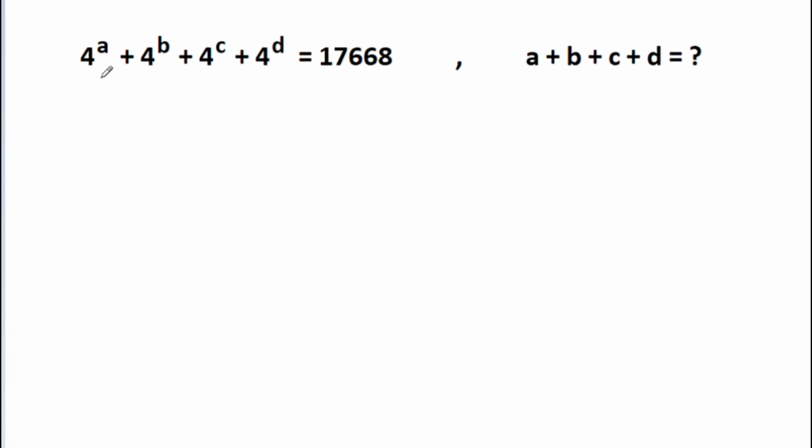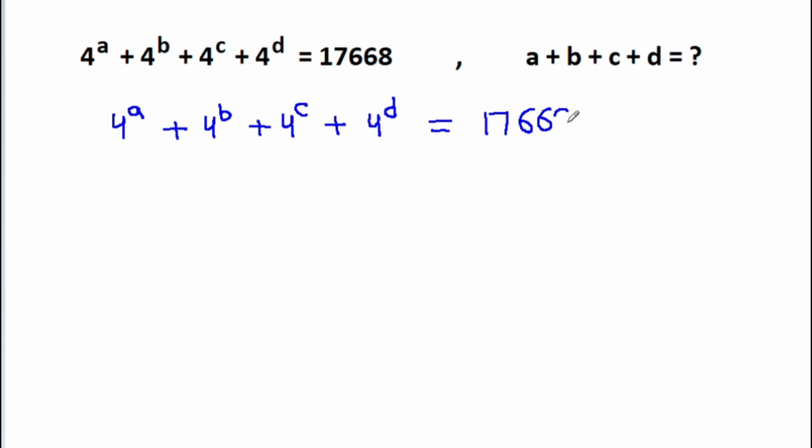Given 4^a + 4^b + 4^c + 4^d is 17,668, we have to find a + b + c + d. So 4^a + 4^b + 4^c + 4^d is 17,668, and